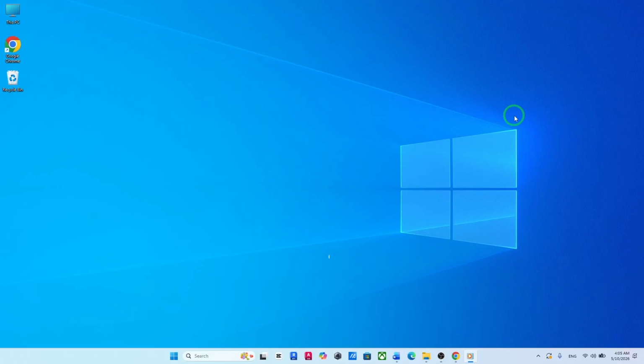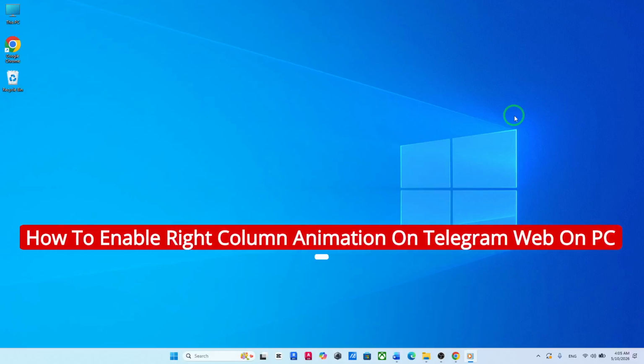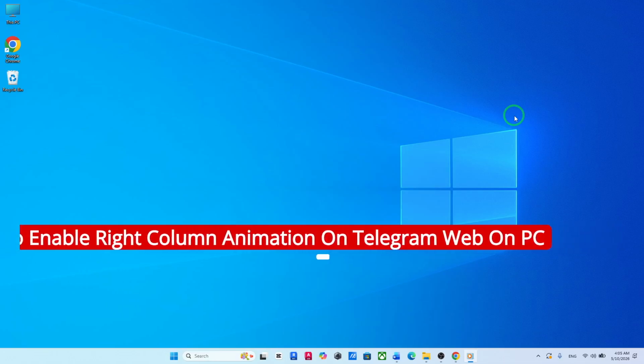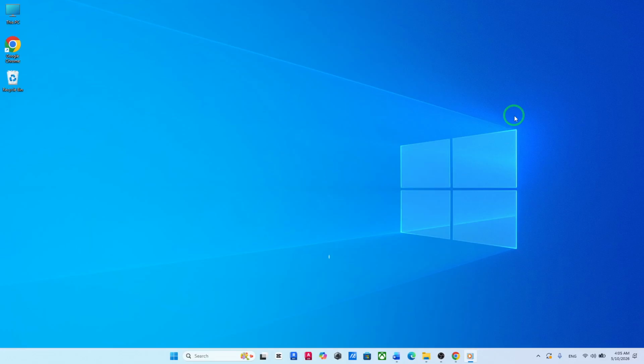Welcome! If you've been using Telegram Web on your PC lately, you may have noticed some subtle visual upgrades. One of the newer features is the right column animation, which makes the interface feel smoother and more modern when switching between chats and details. If you want to turn this on but aren't sure where to find it, I'll walk you through it step